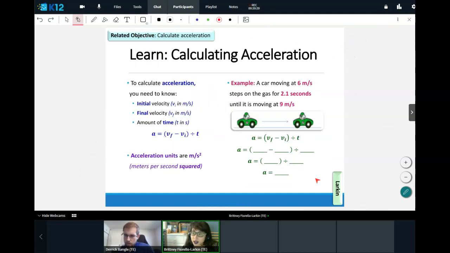All right, so let's go ahead and talk about how we actually calculate acceleration. For acceleration, we need to know how velocity is changing over time. So that means we need to know the initial or starting velocity, which we measure in meters per second. We also need to know the final or ending velocity, which we also measure in meters per second because velocities are always measured in meters per second. And we need to know the time. Time is measured in seconds. So you can see here acceleration is the change in velocity, final velocity minus the initial velocity, all divided by time. The units for acceleration right here are going to be meters per second squared.